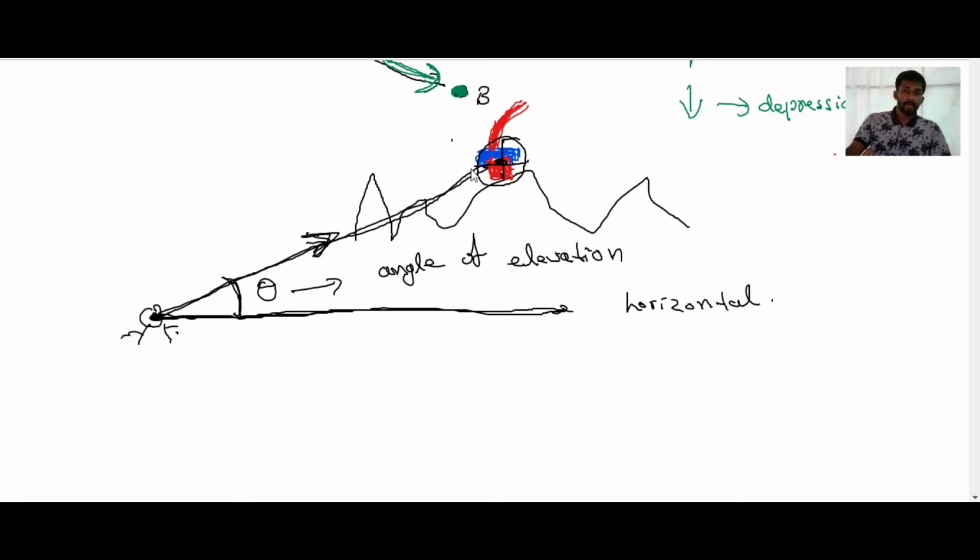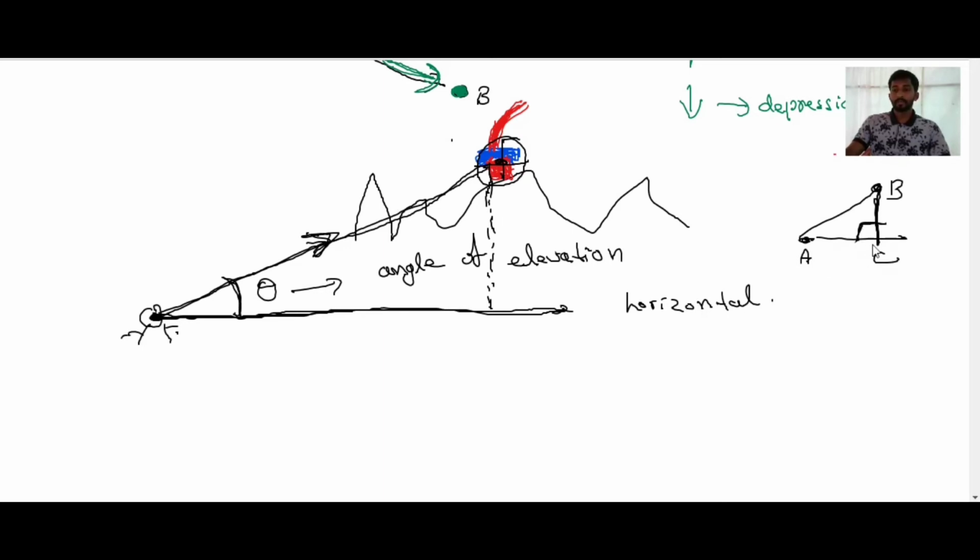Hoping that now you are clear. Now see, if you draw a vertical line, you can see a right angle triangle. Here object A, that is you. Then here the airdrop is there. I'm taking it as object B. Draw one vertical line, that is perpendicular. Take it as C. Now you can observe a right angle triangle ABC.